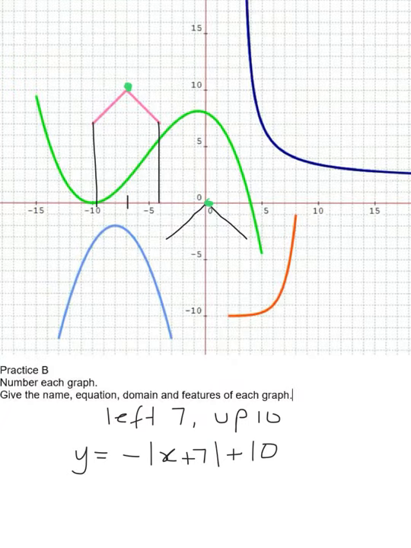Other features, it's got a maximum. You could give that maximum coordinate point. Negative 7, 10 is the maximum feature. It's also got a line of symmetry at x equals negative 7. I hope that's helped you with